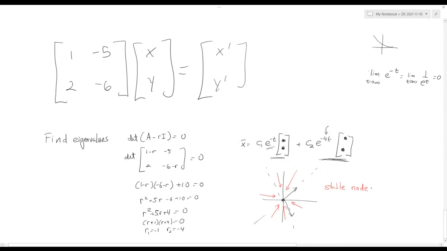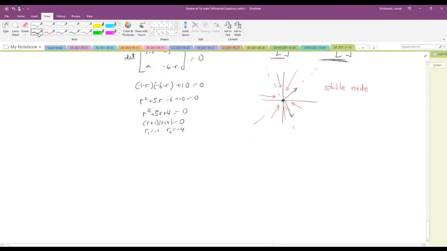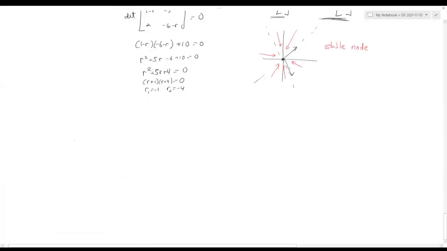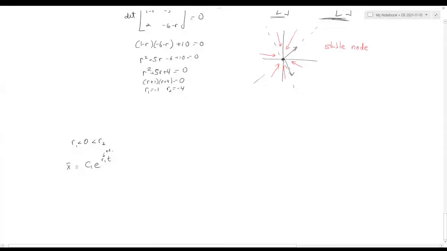And I guess I'm going to have to finish up, right? Because you have other cases. You have to consider that one eigenvalue could be positive, the other eigenvalue could be negative, and assuming they're real, what would that be? So suppose we have a positive eigenvalue and a negative one. Okay, so our general solution would look like this: this is the negative eigenvector,